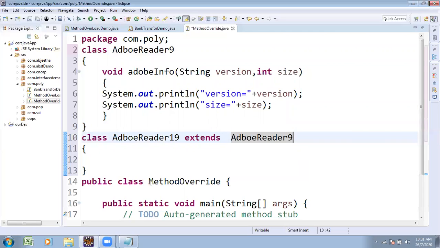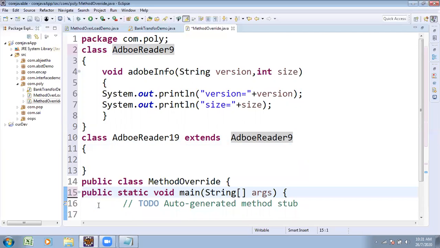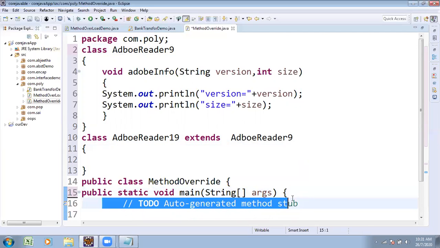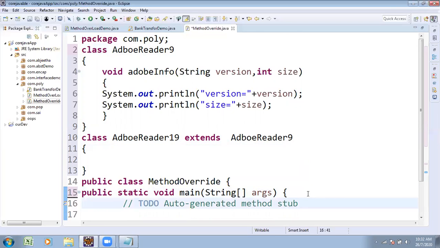In the subclass, they are going to write. Here we try to start an execution. The superclass contains the method. The subclass is not released. Adobe Reader 19 is not released. In the market, 9 is running. What is the customer going to be doing? Started execution from the main method. Subclass object we are creating.